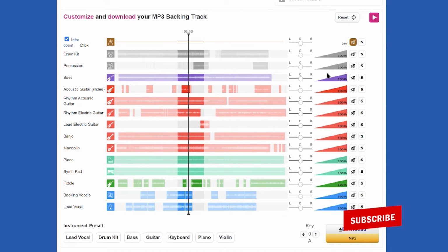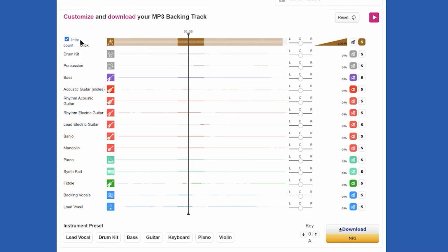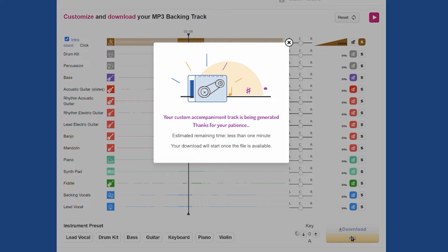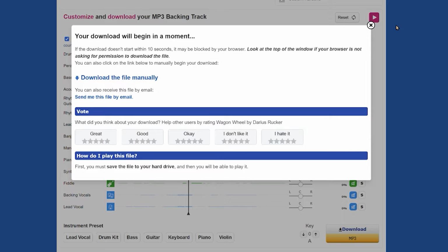So I want to do two things here. First of all, I want to download the click track to this song, and that's assuming I don't want to make my own click track. So just for simplicity's sake, we solo the click track. You can see that I've checkmarked this box to give me a little bit of an extra count in the beginning. That'll give me a count in when I pull all this stuff into Reaper later on. And then I go down to download. Now, I've purchased this song prior, but if you hadn't, obviously you'll click this button, you'll purchase the song. I think it's about $2.99 as of this recording. And you can come back to this song at any time and download other tracks or all the tracks, whatever you like. So you have effectively purchased to access all of the tracks within this particular song. All right, so that's now downloaded.